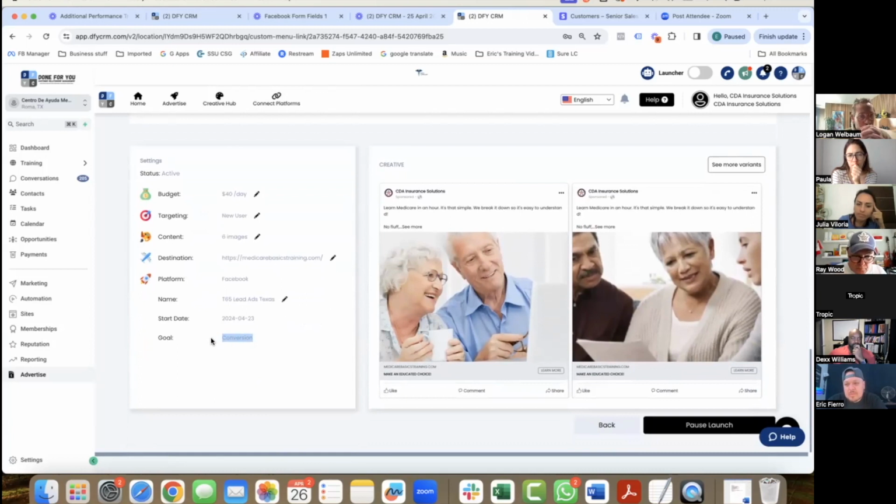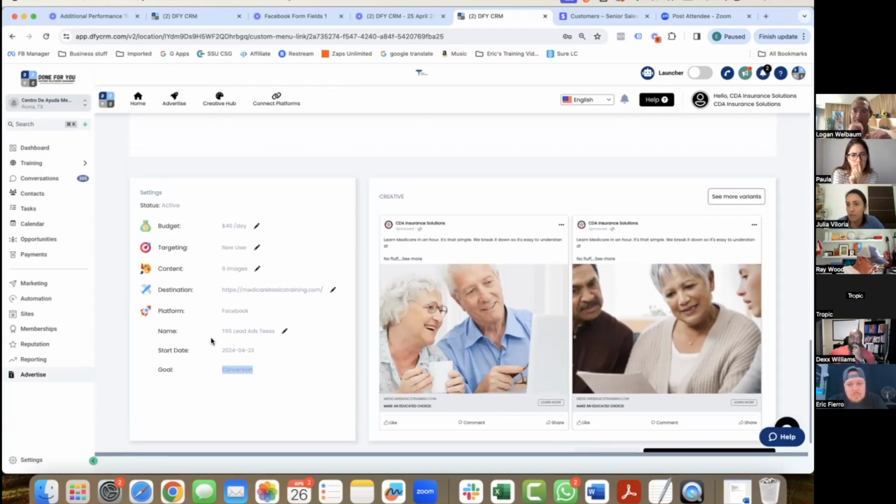That's a good question. I mean, you should be able to. I'm just trying to remember back in Facebook ads, if you duplicate one goal, you can never edit the goal, but I'm thinking maybe it should be leads. Maybe can you try to do this right now to duplicate the ad, if we have time?